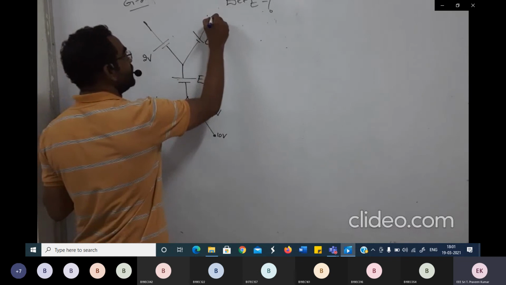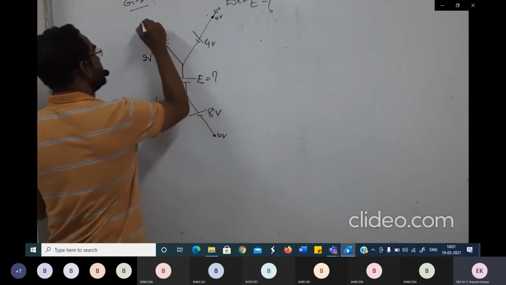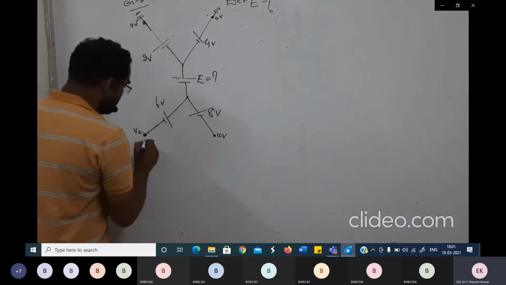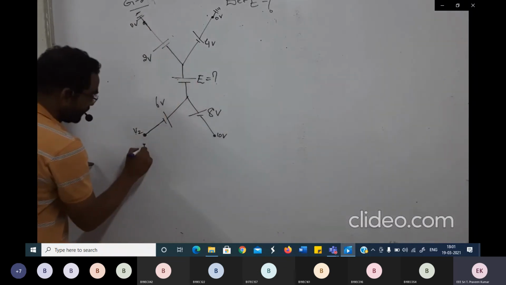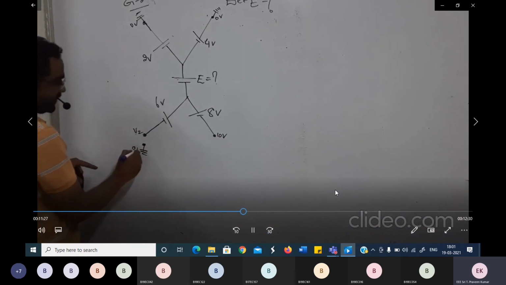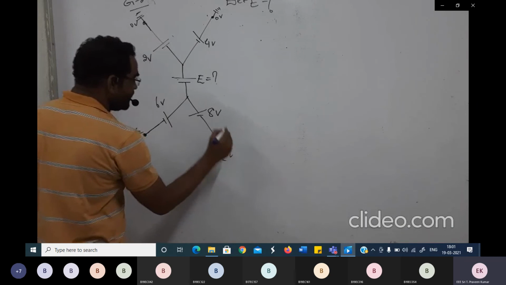Now when this is said as a node, it means that this is connected to ground, which is nothing but 0 potential here. This is also connected to ground, this is at 0 potential. Here it is V2, meaning your potential, and you have a ground node here which is of 0 potential. Because this is 10 volts, you will have another ground node which is of 0 volts.